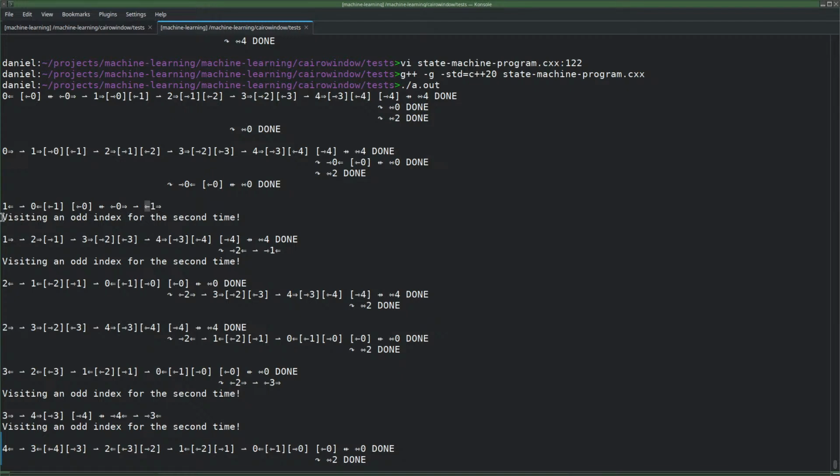But this should not happen because we didn't really advance, we just jumped there magically. We should just continue from here. Plus, that says visiting an odd index for the second time, so